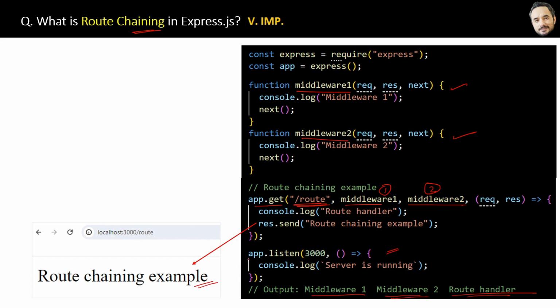Okay, and this is how the concept helps. Route chaining is a process, and what we have learned is defining multiple route handlers for a single route, right? How it helps is basically modularity, organizing code, improving readability, separating concerns. Very heavy words. Okay, but in short, I will say that suppose you have multiple middlewares you want to execute for one route, so that will be maintained by route chaining.